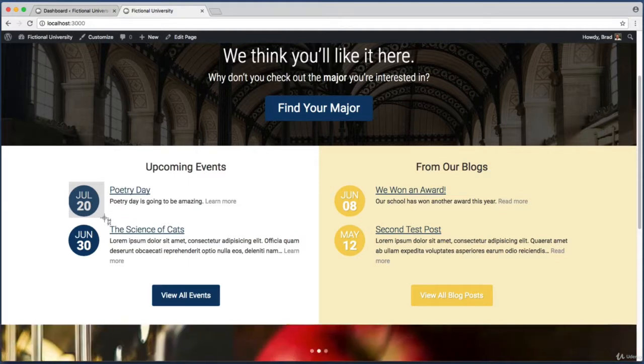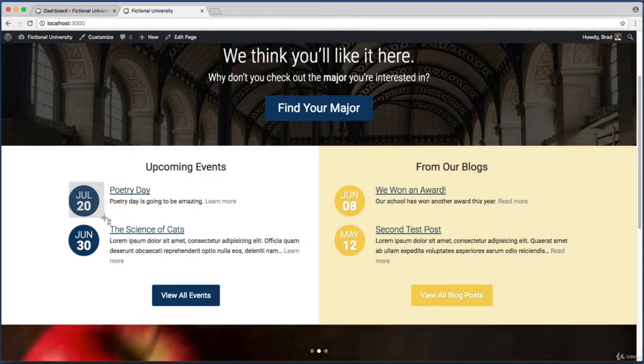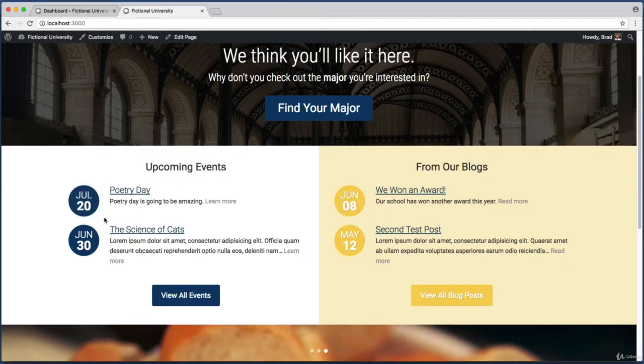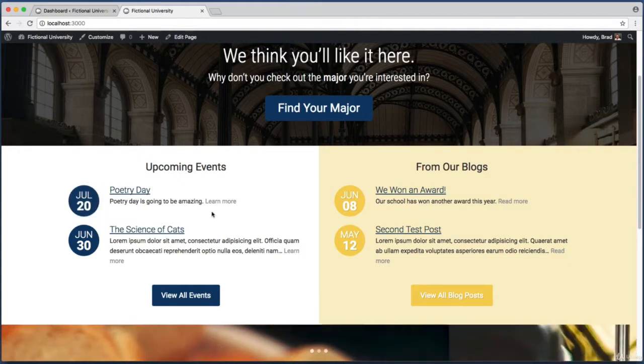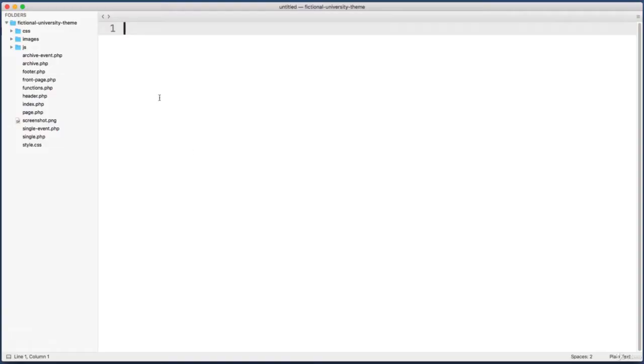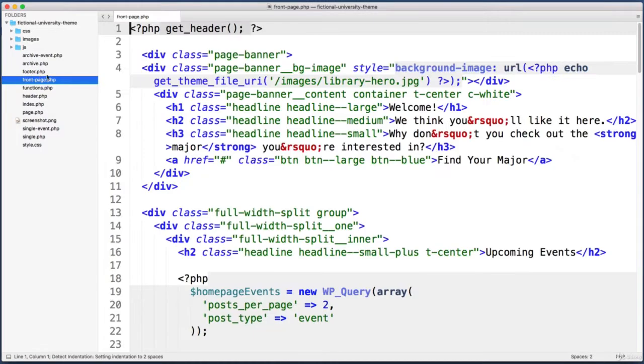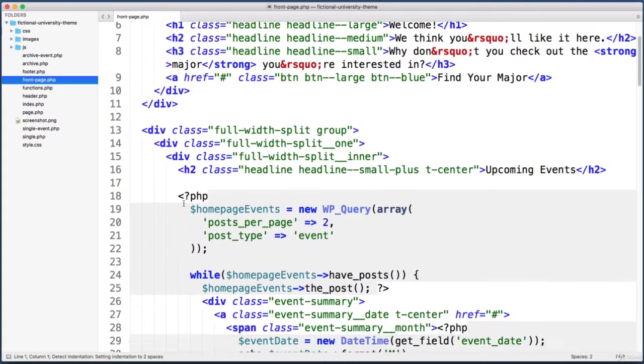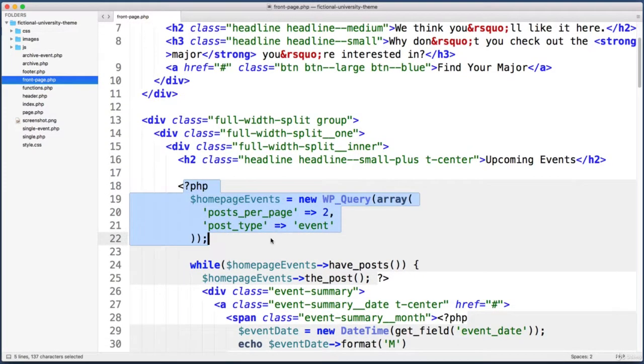Well, all of that and more is possible. Custom queries are super flexible. So to learn more about this, let's jump into our text editor. And within your theme folder, I want you to jump into frontpage.php. And the first real bit of PHP we see in this file is right here, and this is our